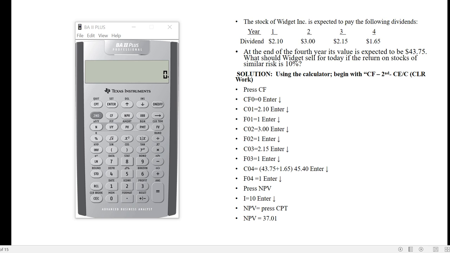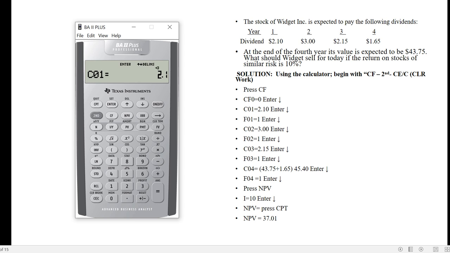So we use the cash flow worksheet. You can see I have the steps for you on the right hand side, but I'm going to also do this on the calculator with you. So press CF, which opens the cash flow worksheet. We're going to press second and CE/C, which clears the work. Now we're at the initial cash flow, and we don't have an initial cash flow for this problem, so we leave that at 0, enter, down arrow, and our cash flow 1 for the first dividend is